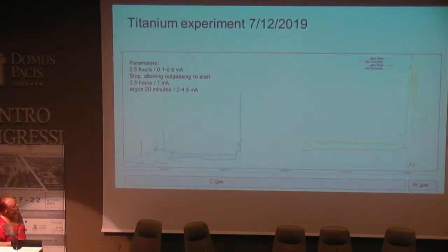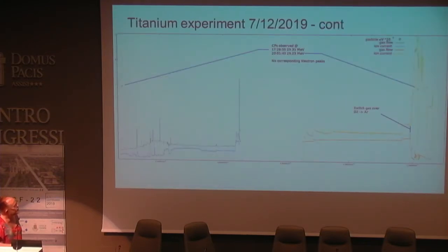Okay, then looking at the next one, and I'm sorry this slide is rather hard to read. I didn't have a chance to rework it. This was an experiment in which we ran on deuterium for a good long time, let the system sit and begin to degas to let the implanted deuterium, which was fairly deep in the surface, start to come out, then started to run deuterium again and then argon. So a similar experimental protocol to the July 10th run that I showed earlier. During this time, and again, this one is completely unexplained, but it's at the right eV to match my July 10th result. And then soon after I've switched over to argon, we see